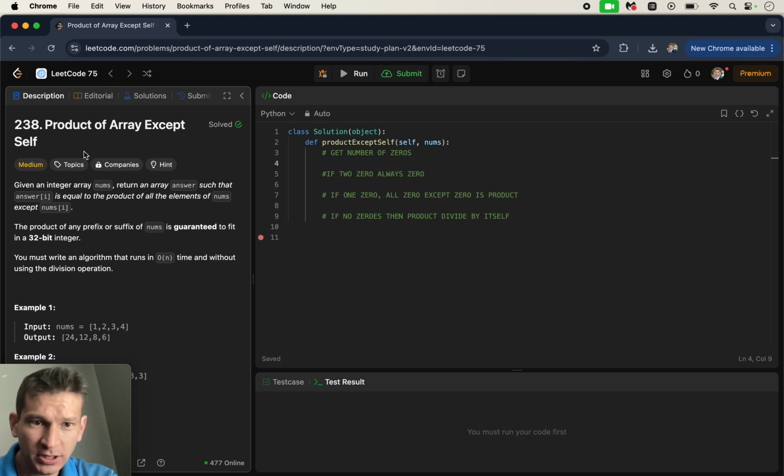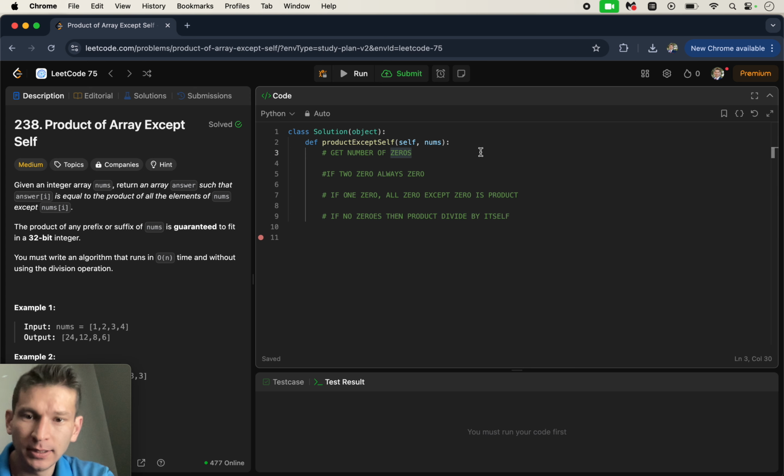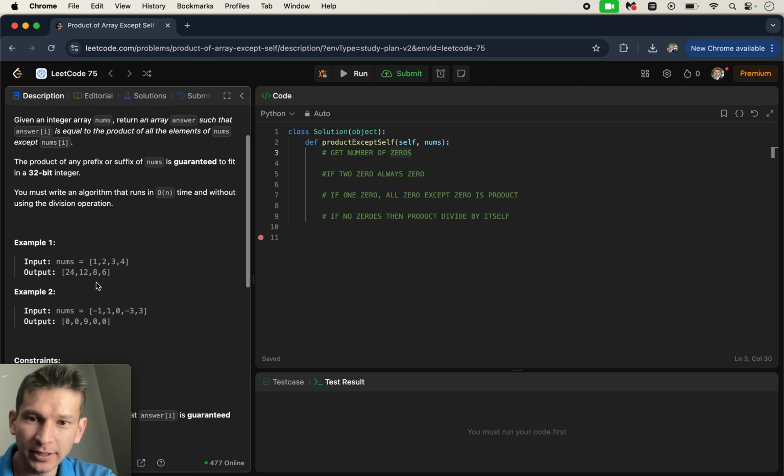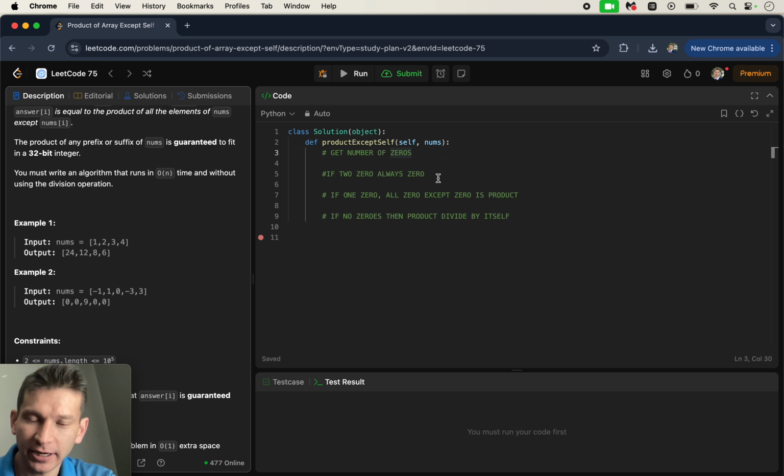LeetCode question 75, Product of Array Except Itself. This problem can be solved with 4 steps. And there are going to be 3 different cases that can happen. So if